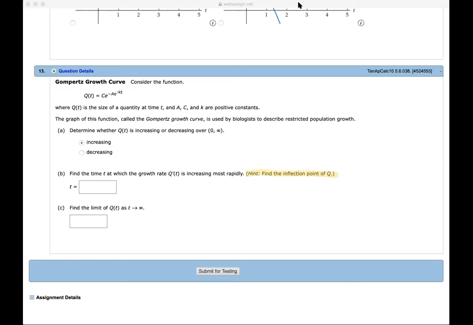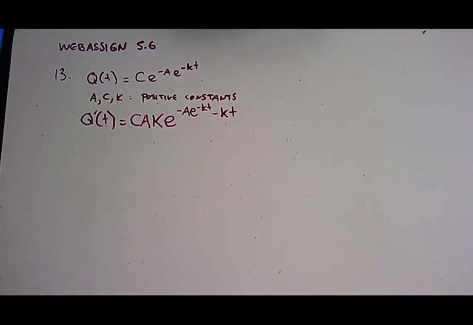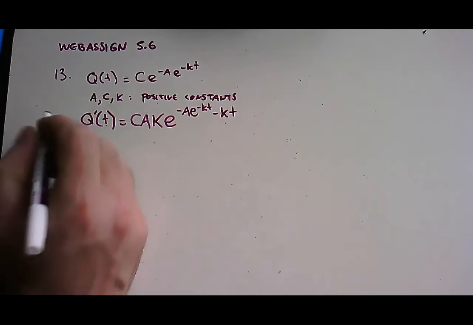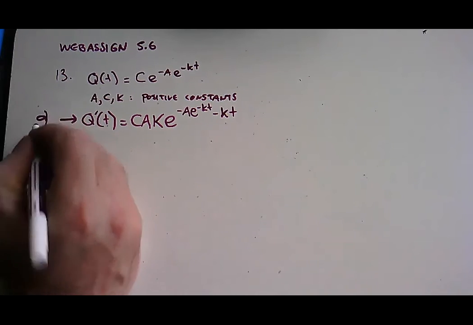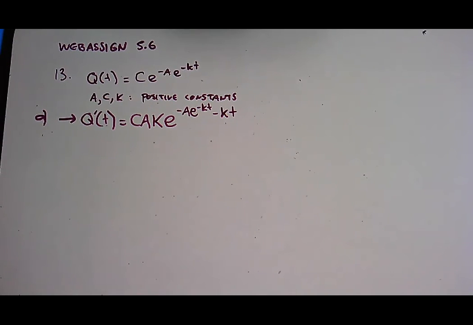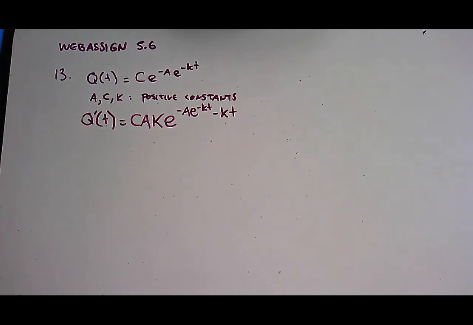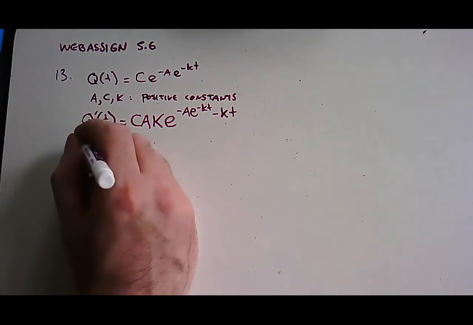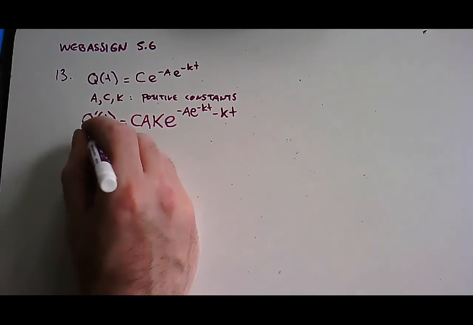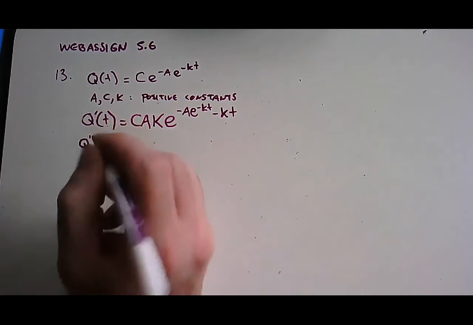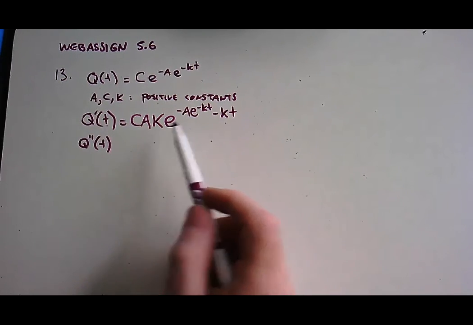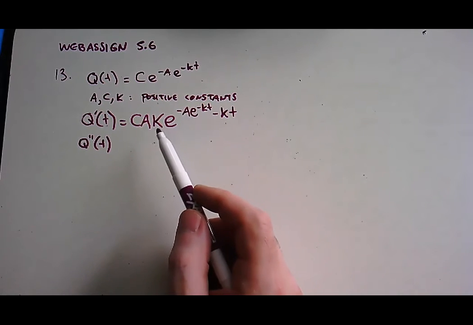So let's go back to the whiteboard here. I copied our results from part A, specifically our derivative here. That was from part A. This is why this is sometimes known as the cake problem. If we write out that first derivative, it does spell out cake. So what we're trying to do now is figure out what the inflection points might be for this curve. To do that, we'll need q double prime, and q double prime will be a little bit complicated. That's not super bad in that it's going to use the exact same technique that we used to find